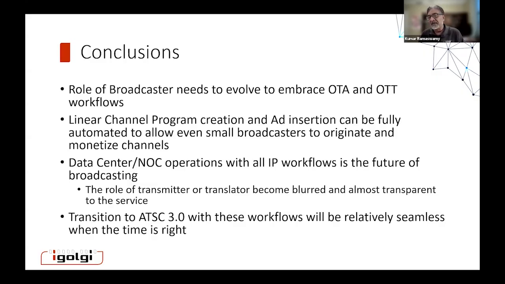I mean, there is another way to deliver this data. It's IP encapsulated in the ATSC 3.0 world. But as we transition to that, which is, I've heard this for the last 6 or 7 years. Every time I go to an NAB, people say, hey, ATSC 3 is going to happen this year. The truth of the matter is that unless there is a critical mass of, it's like immunization, unless there is a critical mass of endpoints or television sets that can receive ATSC 3.0 or 5G for that matter, I think we will be stuck with having current technology still being relevant.